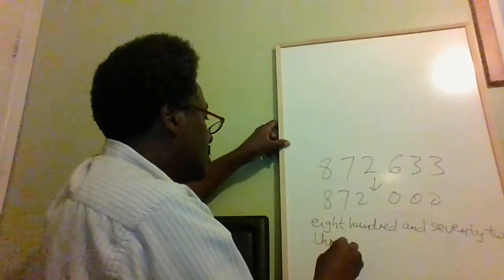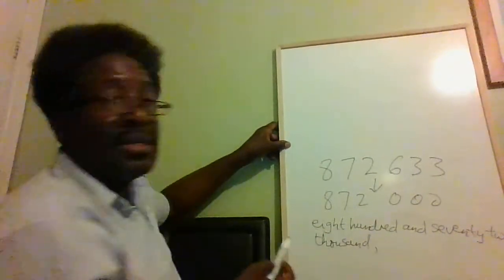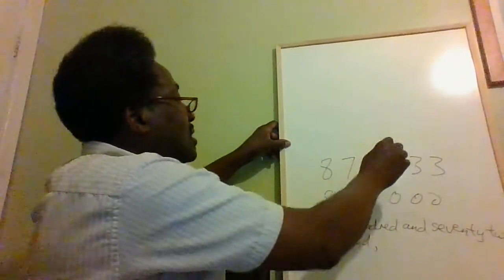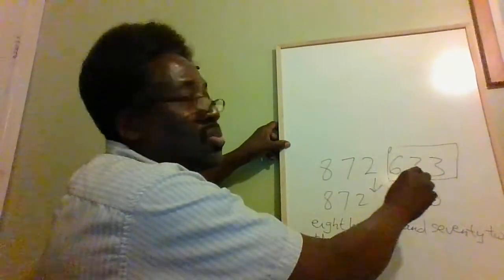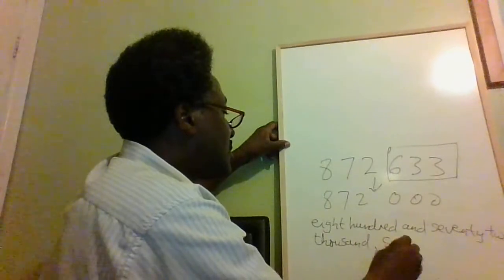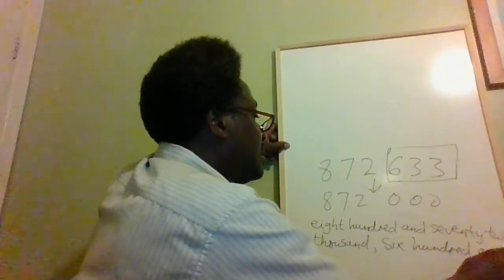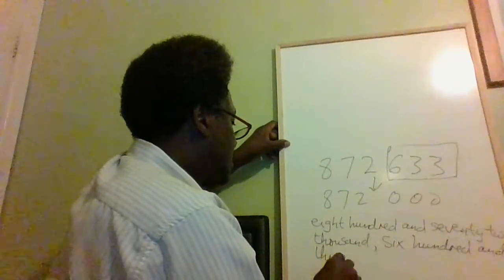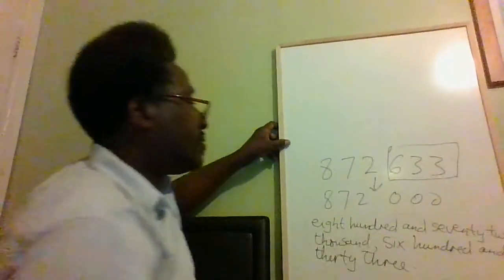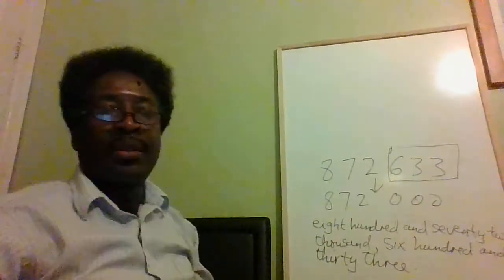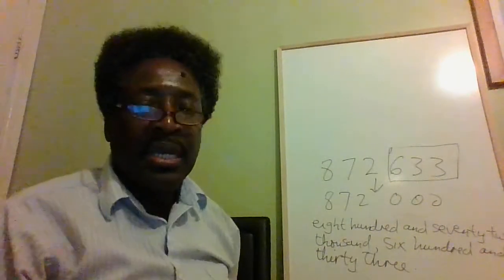872,000, comma, then you now say these last 3 digits in words. 633. That's how to write a